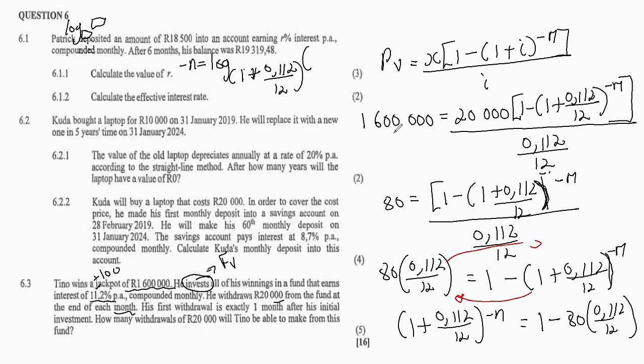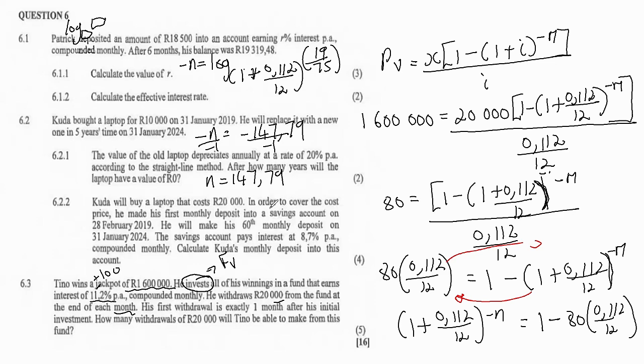And then if you just punch this into your calculator, it gives you 19 over 75, right? So 19 over 75. Now you simply just have to punch all this into your calculator, the log, base 1 plus 0.112 over 12, and then 19 over 75. And then it will give you negative log. Obviously, the answer that you must get here must be a negative. So it's negative 147.79, right? Then if you divide both sides by negative 1, then your n becomes